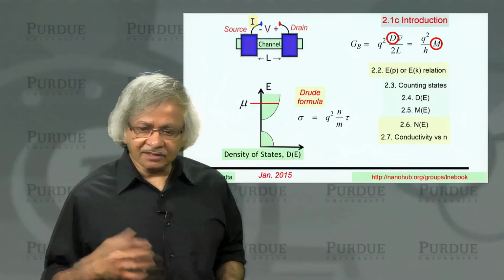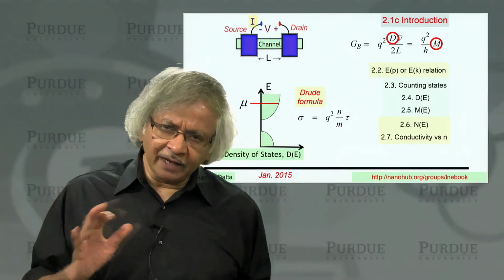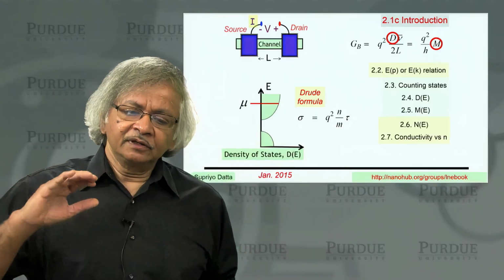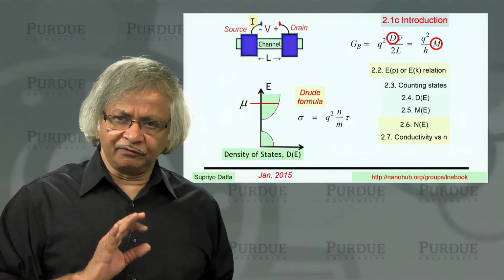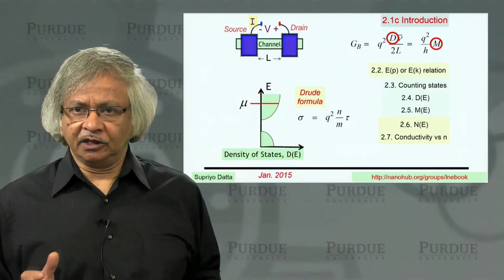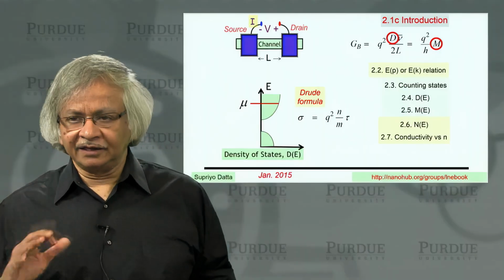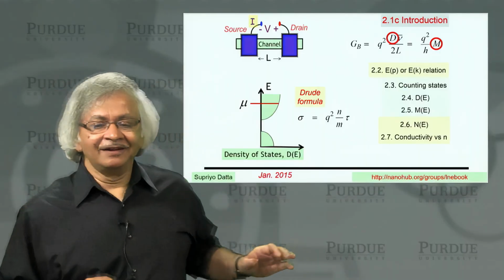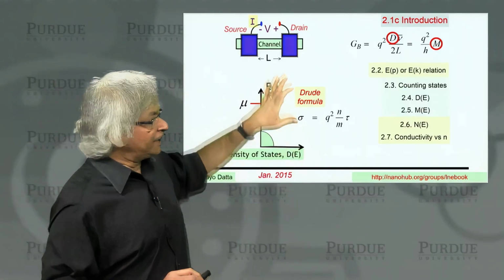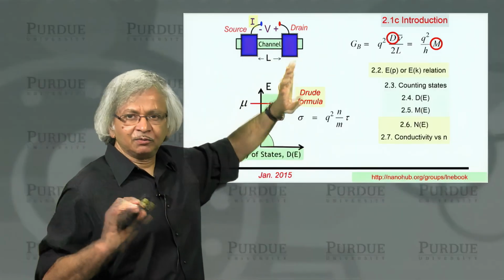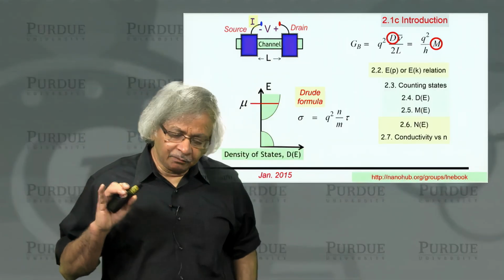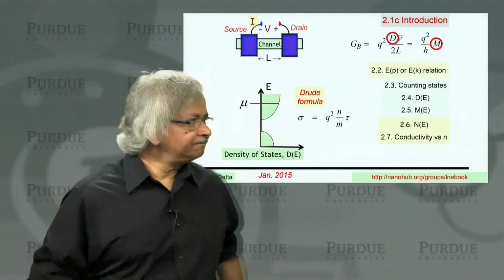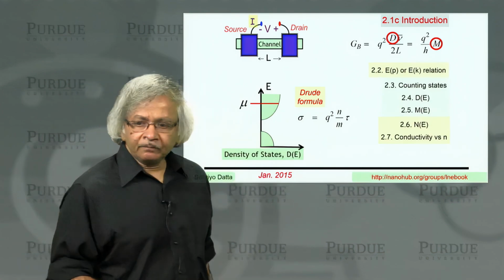We'll talk about this electron density and why the new perspective that we're talking about usually agrees with what you'd get out of the Drude formula also. But then there are times when they may not agree, and of course I'd like to point out that what we are talking about is really much more general. That follows from the general Boltzmann equation. Okay. Now,